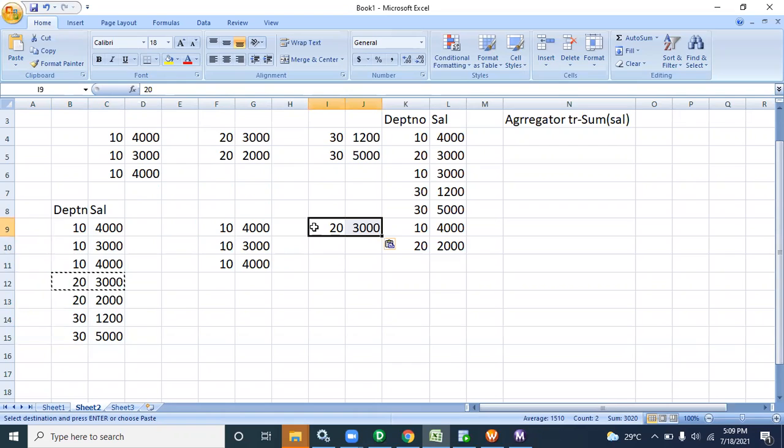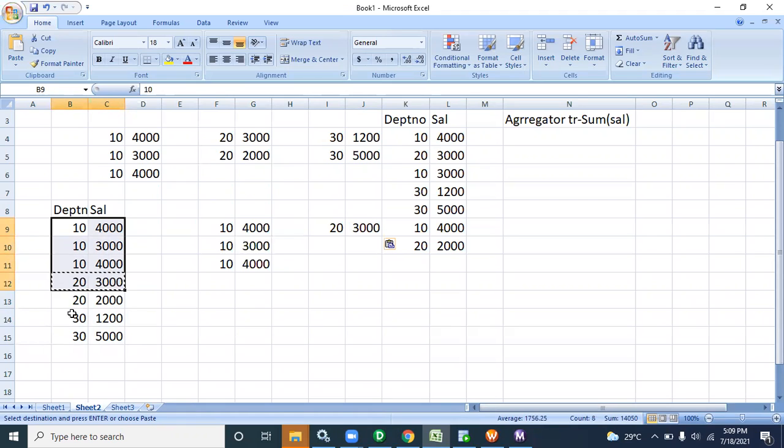Searching criteria, the searching time will be less, in memory. The aggregator transformation will search in a different manner. It will not do a full table scan. For 10, only after 10 it will search the next record.